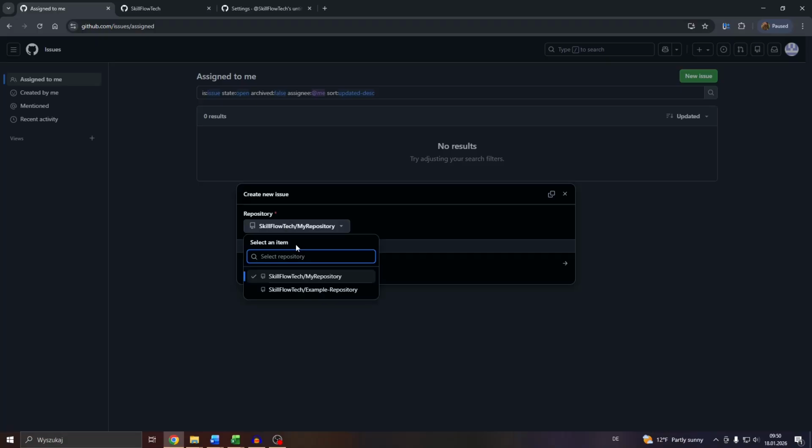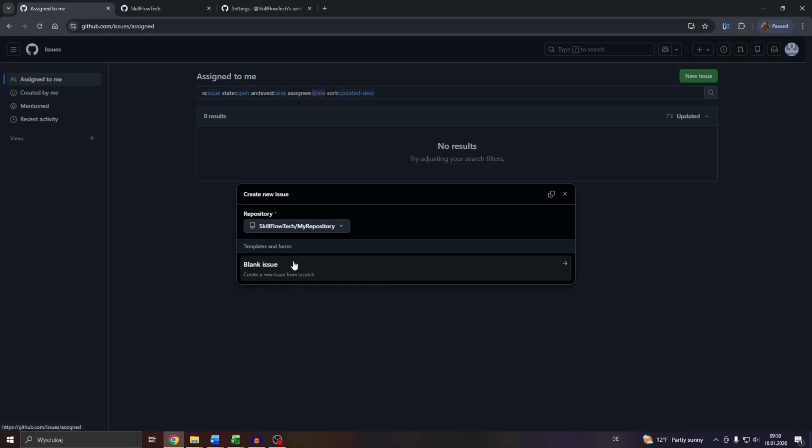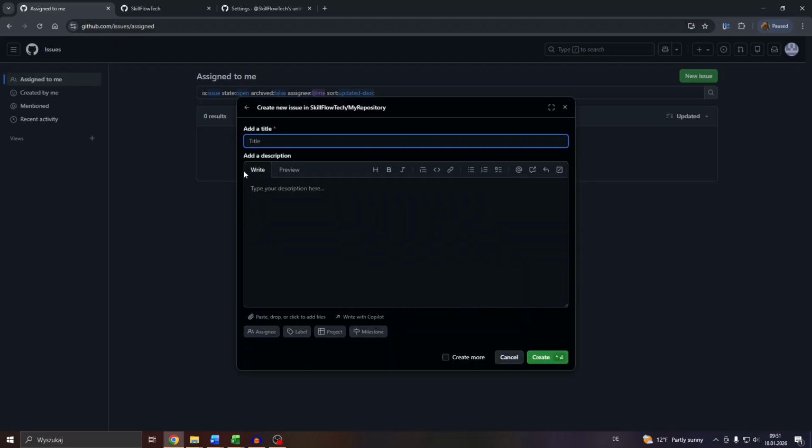So click into the drop-down menu and select one of your repositories. After that, select a template or a blank issue and start customizing it. Add a title like example issue number 1. Excuse the small typo here, and you may describe it below here,